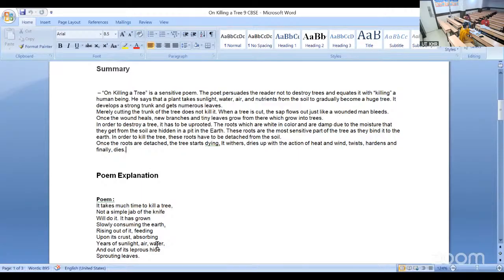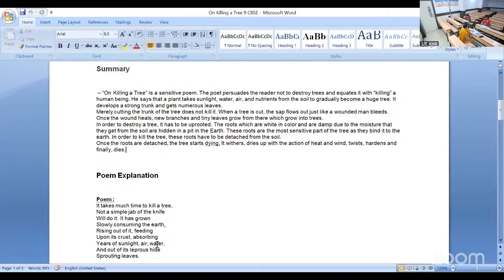But a simple jab of the knife, just a jab, a cut with the knife and it died, that doesn't happen. It has grown slowly, consuming the earth. Consuming the earth means the nutrients of the earth. Rising out of it, feeding upon its crust, absorbing years of sunlight, air, water, and out of its leprous hide